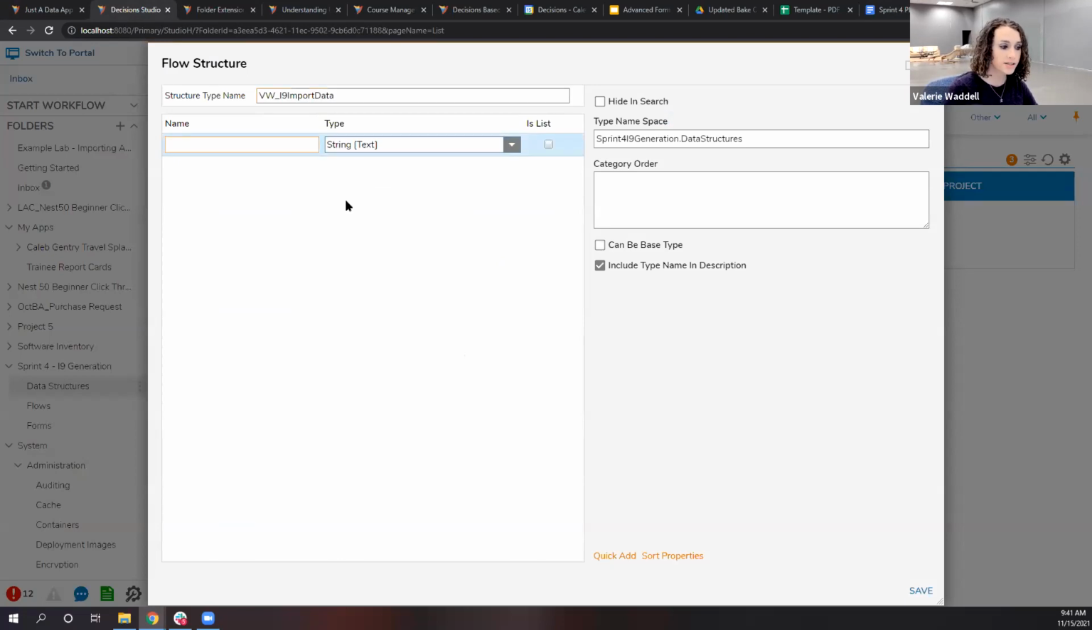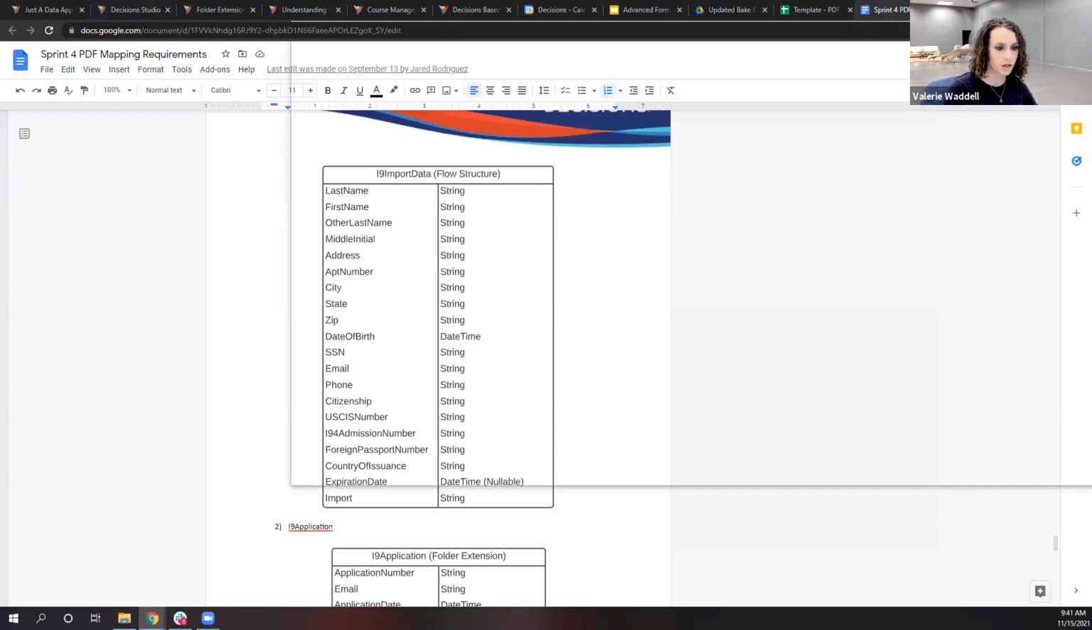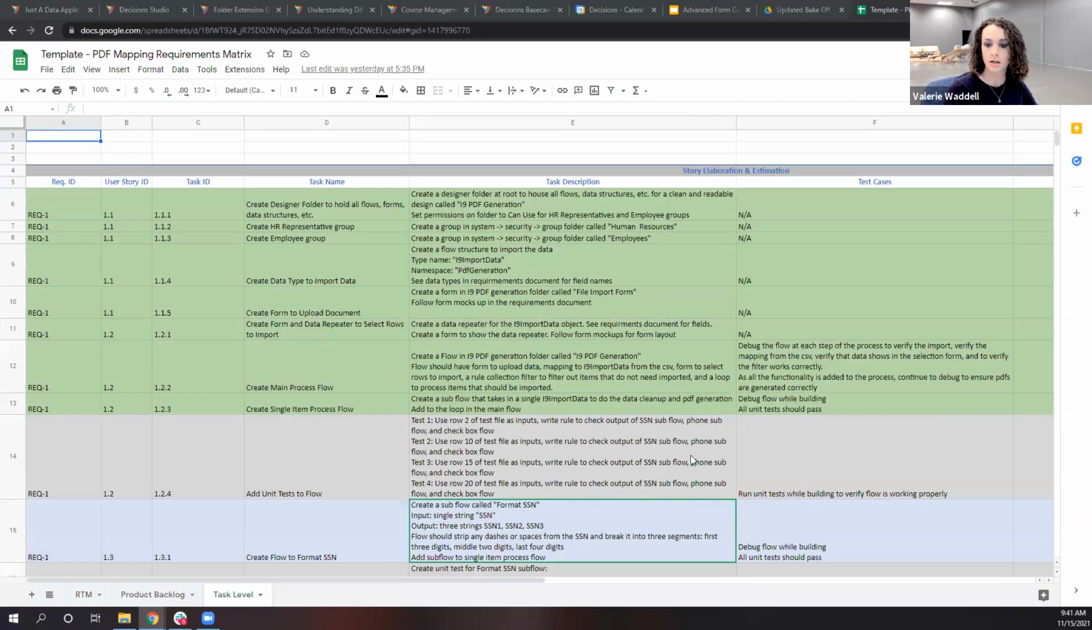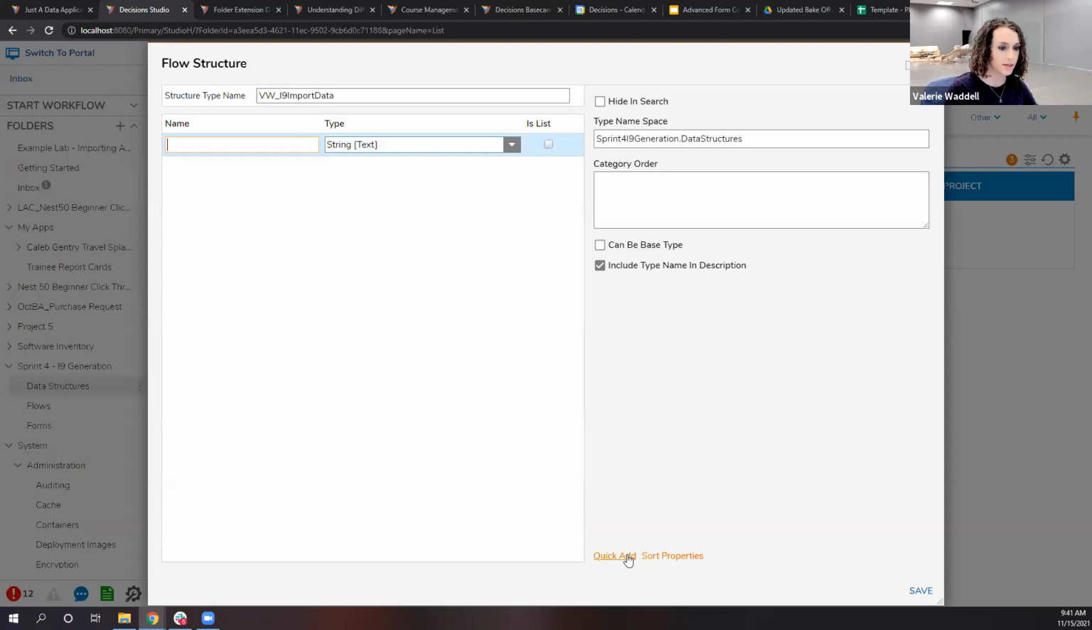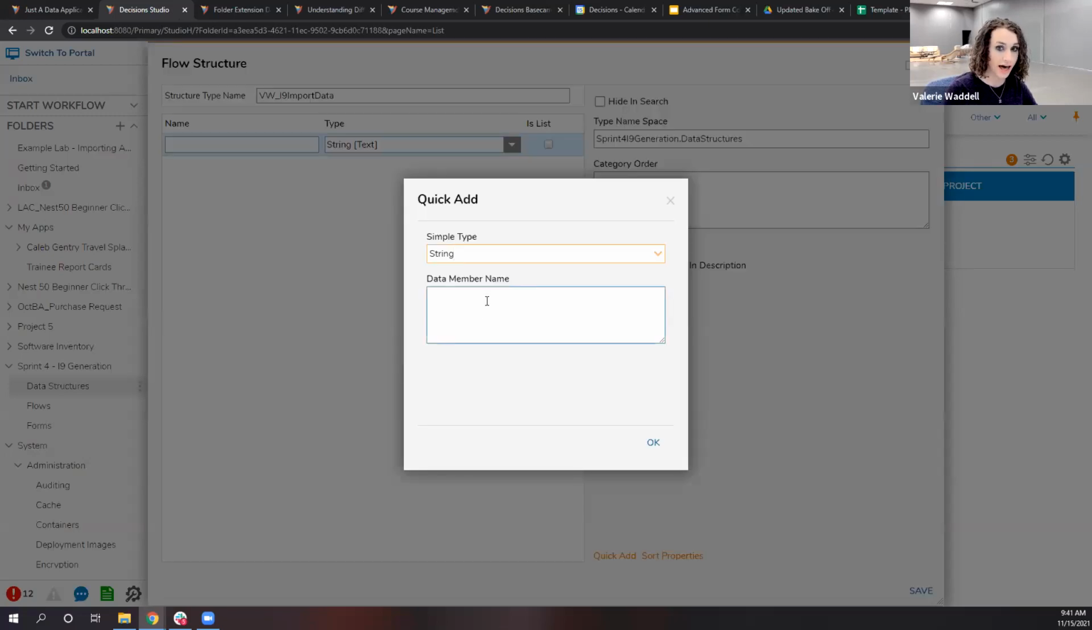And then because this is kind of a big data structure, I'm going to use the quick add feature in the data definition screen to add all of these members quickly. This is going to be especially useful because most of the data members that we're creating are strings, so I'm only going to have to go back and edit a couple of them. Here in the quick add menu, it's already selected to string. I'm going to go through and create all of those data members. So last name, first name,